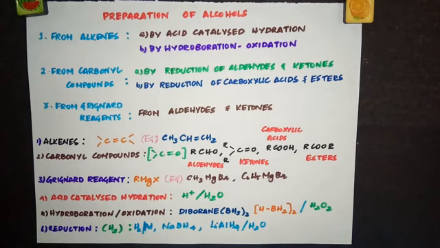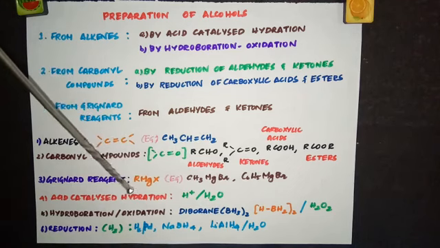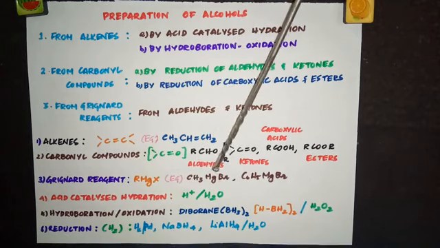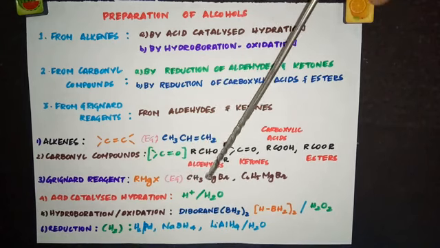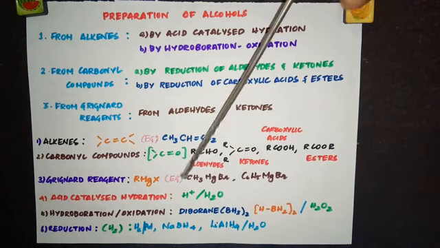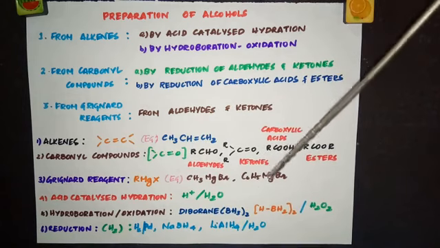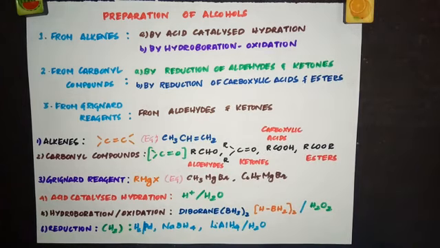The next one is Grignard reagent. We have learned about Grignard reagent in the first chapter in organic, haloalkanes and haloarenes. What is the general formula for Grignard reagent? RMgX. And R is nothing but the alkyl part, Mg is magnesium, X is the halogen part. So an example of Grignard reagent, CH3MgBr. We call this methyl magnesium bromide. Instead of this alkyl part, you can have aryl part also, C6H5MgBr, phenyl magnesium bromide. So these are the starting materials that we will be using to prepare alcohols.